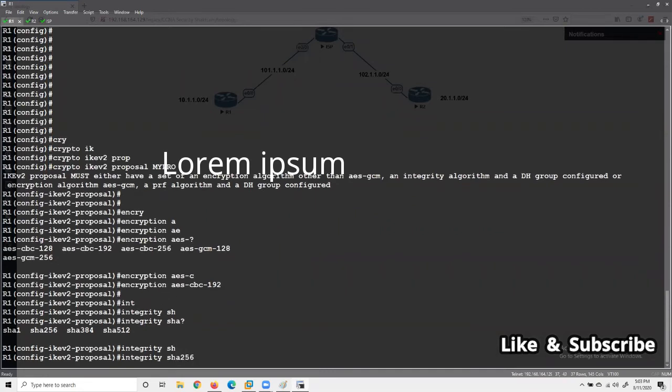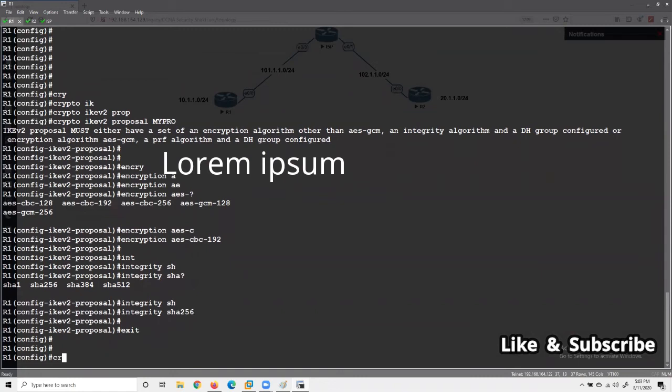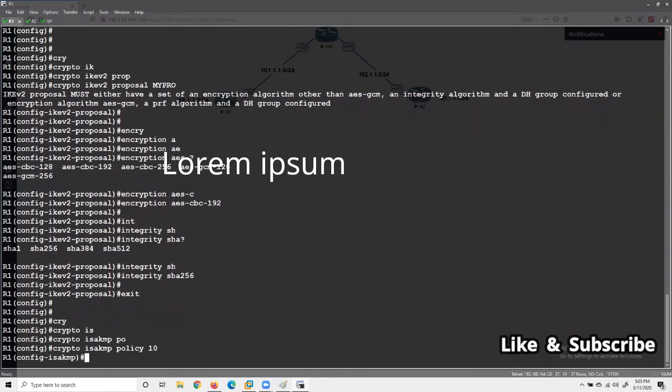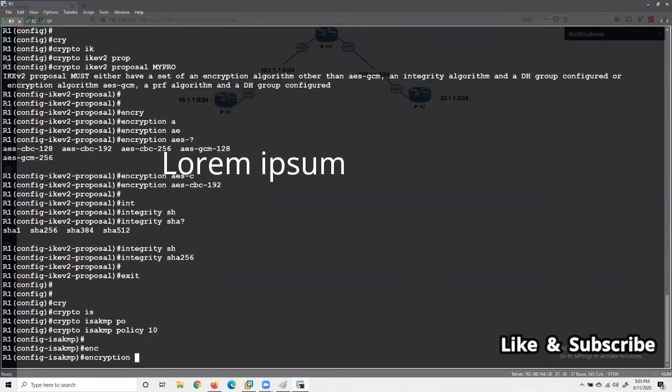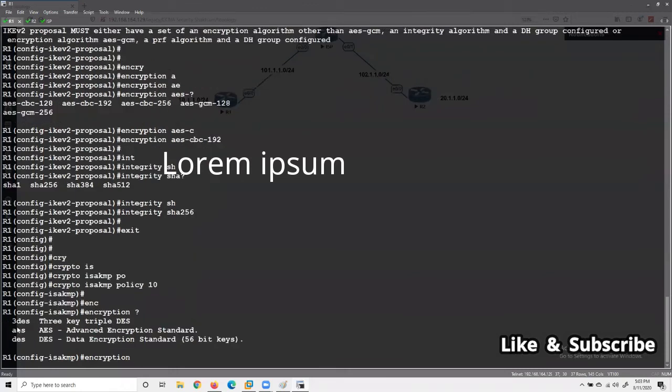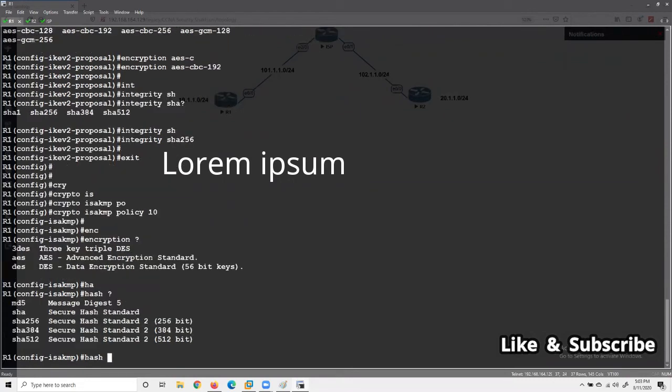So Atin, what is the difference? Like in crypto isakmp, when we do it, we define group and authentication on phase one as well. So there is no difference? Yes, there is a difference. Let me show you. Crypto isakmp policy 10, this is for phase 1. But here, if you see the encryption algorithms, you don't have any AES GCM. If you check hash, we have SHA-256, SHA-384. These are available, but there is no AES GCM available in IKEv1 or ISAKMP.